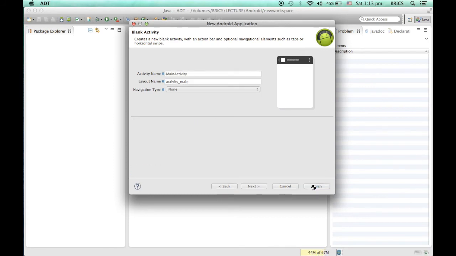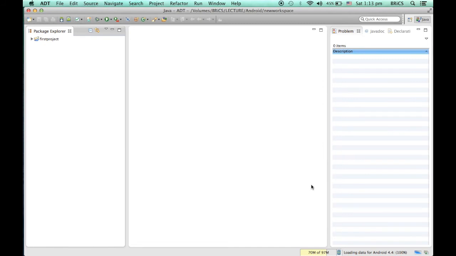It will create a project for you in Project Explorer, and it will try to compile it using Java SDK and Android SDK. Okay, so this is your first project. If you open it, you will find all the components of your project.